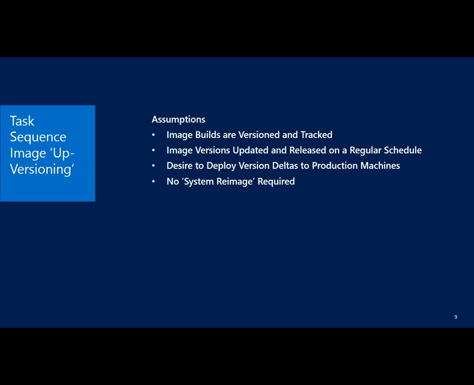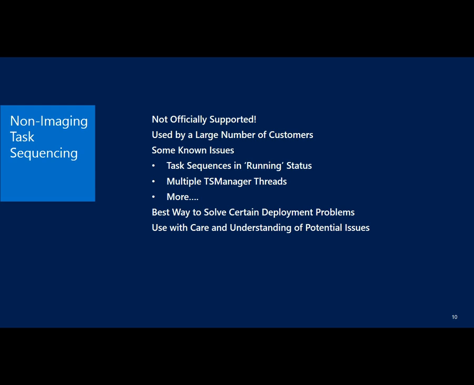Hope that communicates. That dovetails into the next part, the last discussion point, right? Using a task sequence for other than imaging purposes. OSD was built from the ground up for the purpose of deploying an image to an operating system. And there are lots and lots of people that use it for other than that. Customers all over will use task sequencing for unique deployment scenarios that really no other mechanism inside Configuration Manager